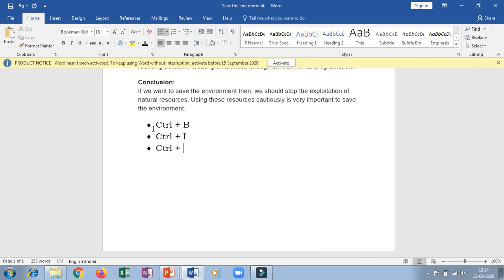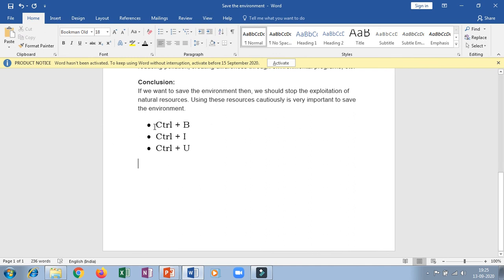As you press the enter key 2 times, the bullet list will stop. One time I pressed, the bullet appeared, so you can add the item. But if you don't want to add any more items, you will press the enter key again. So here it is stopped. You cannot add more items over here.